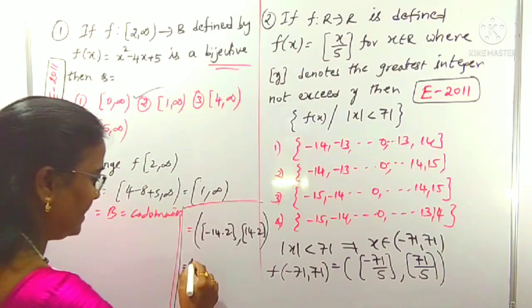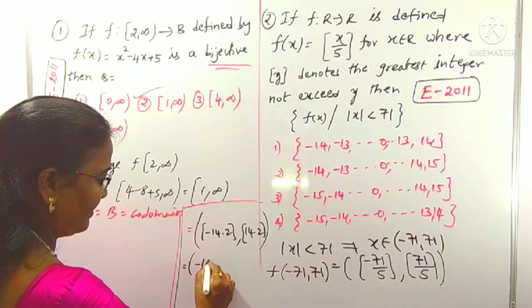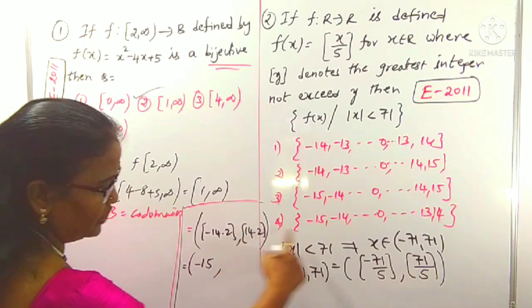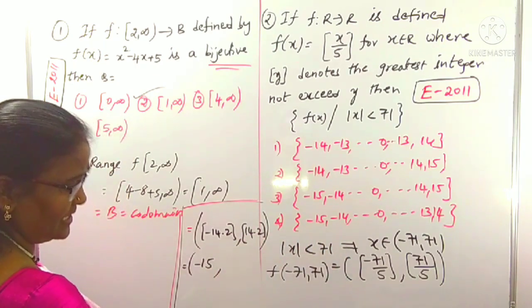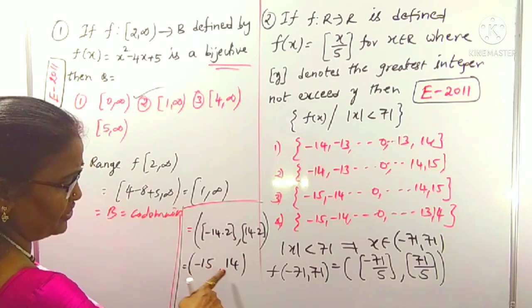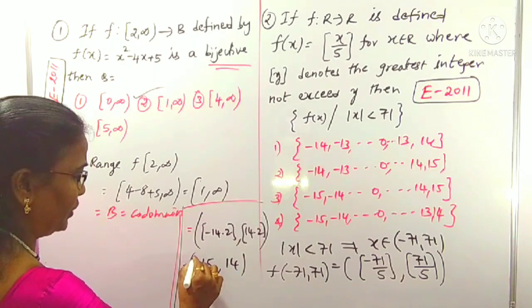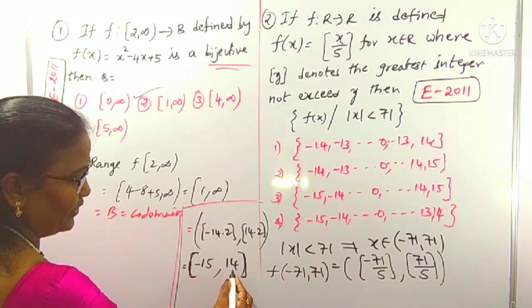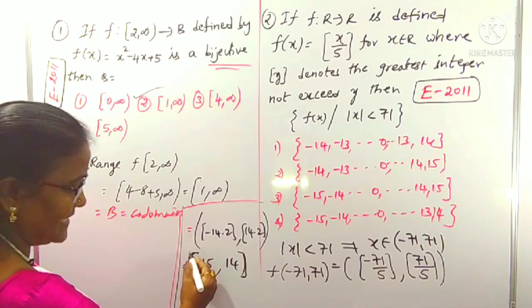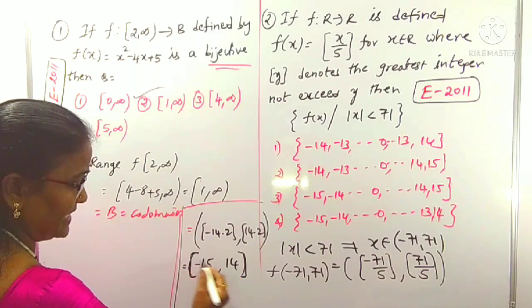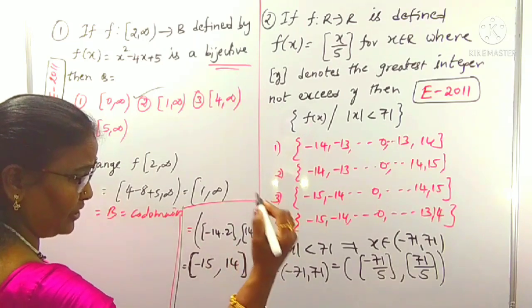That one you can use here. The interval runs from minus 15 to 14.2, and 14.2 reaches from 14 to 15, where the least is 14. So we can find all values from minus 15 to plus 14, including minus 15 as well as plus 14. This is the closed interval. With the step function, we can take minus 15, minus 14, minus 13, 0, 13, 14, etc.